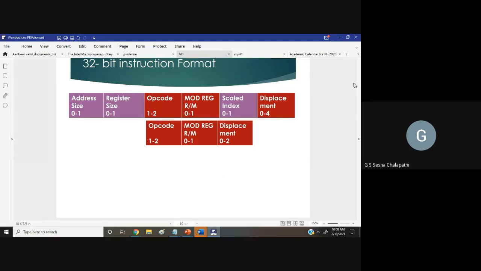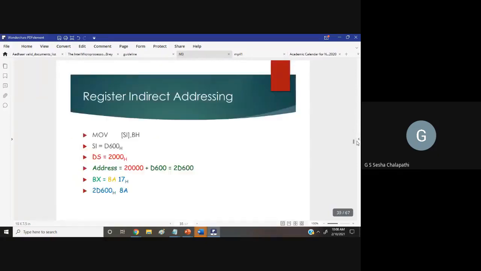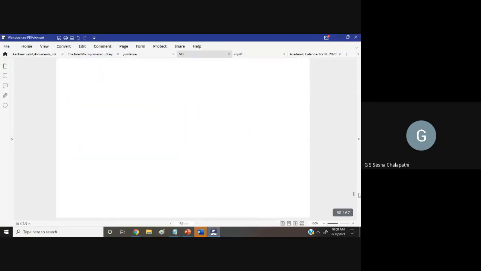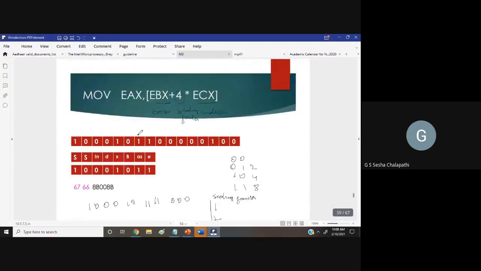Now if you go back to this particular example that you have, you have 100010, that is your opcode.